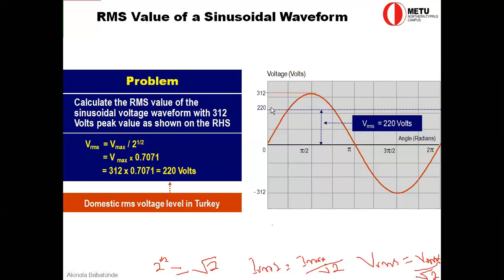Okay, so your V RMS is going to be equal to 220 volts, and then your peak value will be equal to 312 volts. The amplitude value of the AC voltage is 312, and then your V RMS will be 220 volts. So in Turkey, domestic RMS is going to be 220 volts, and not only in Turkey, in most of the countries, I know that the domestic RMS voltage level is, we call it 220 volts. Even in Cyprus, that we are in here,